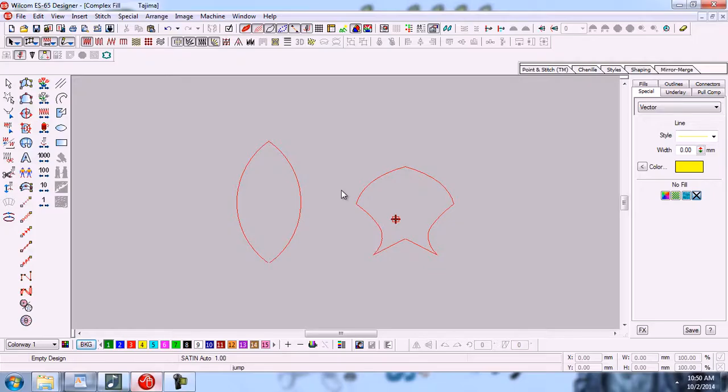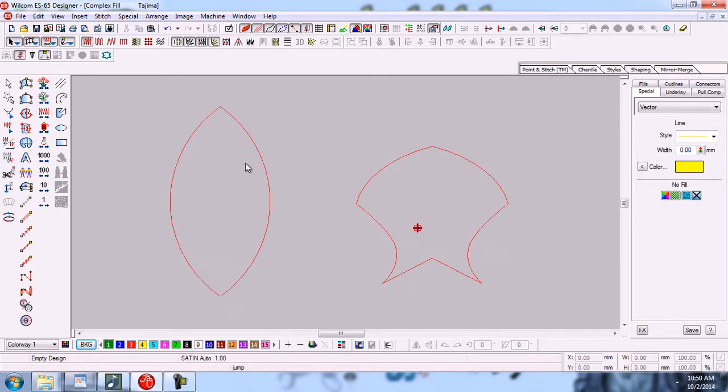So now open Wilcom. In the previous video you learned how we can use Input A. So now you know that this type of design, this type of object can easily be made with Input A, but this type of design cannot be made with Input A. So how will we make this type of design?